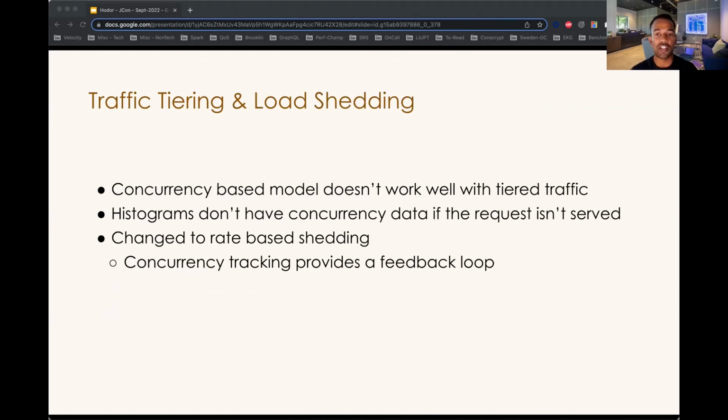The traffic tiering load scheduler leverages histograms to approximate the right tier cutoff for load shedding. We started with a concurrency histogram for various traffic tiers. But in practice, we realized that concurrency-based histograms do not work as well as expected, as the request drop does not contribute anything meaningful to the concurrency histogram. Due to this limitation, we came up with a rate-based load shedding strategy and a corresponding rate-based histogram per tier. The rate-based strategy works exactly like the percentage and concurrency-based strategies described earlier, but using throughput as the load metric. This strategy receives feedback from the concurrency scheduler to improve its ramping and deramping strategies more intelligently.